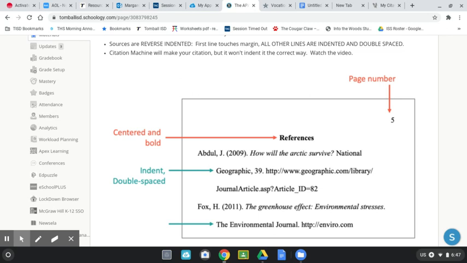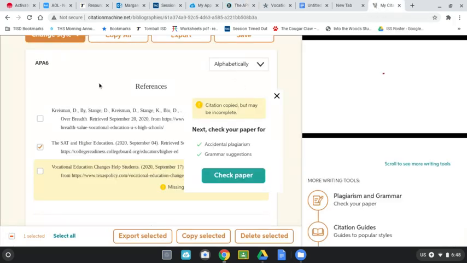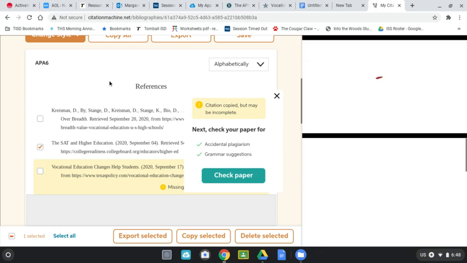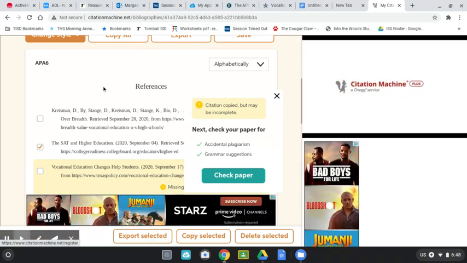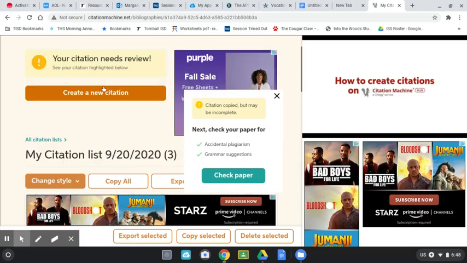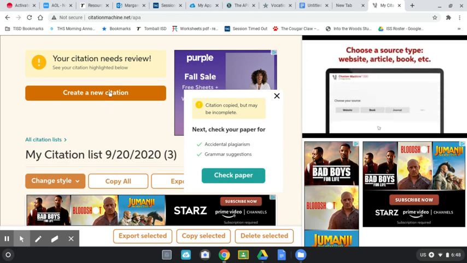So, to do your works cited page, you already have a document that you've put your research on, you've put your question on, you've put your URL that you looked up, your information in, and you've got the website all out. So all you have to do is copy it into a citation creator. This one is called Citation Machine. You can use EasyBib, but it starts to charge you. So what you do with this particular thing is you go to a website,